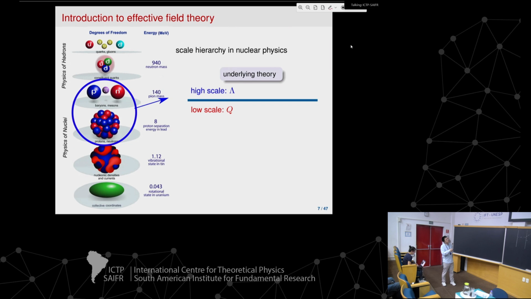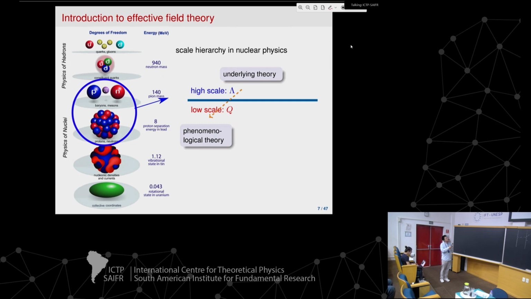This is called the underlying theory. For atomic nuclear systems, the underlying theory is QCD, built upon quark and gluon degrees of freedom. Now, if you look at the low momentum scale, the physics you're interested in is in the